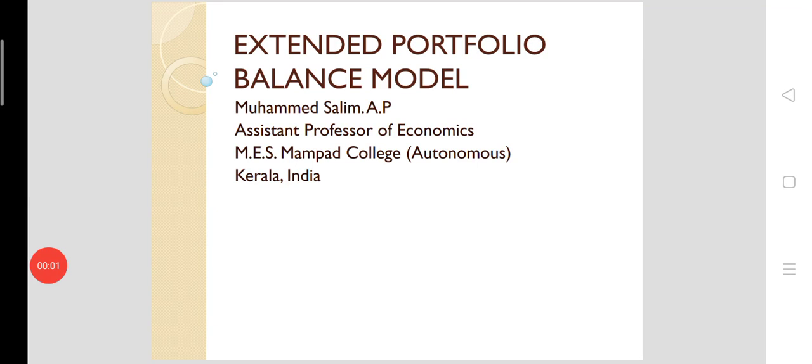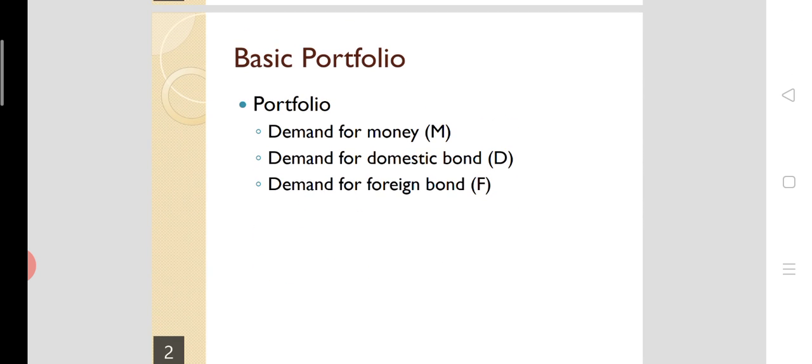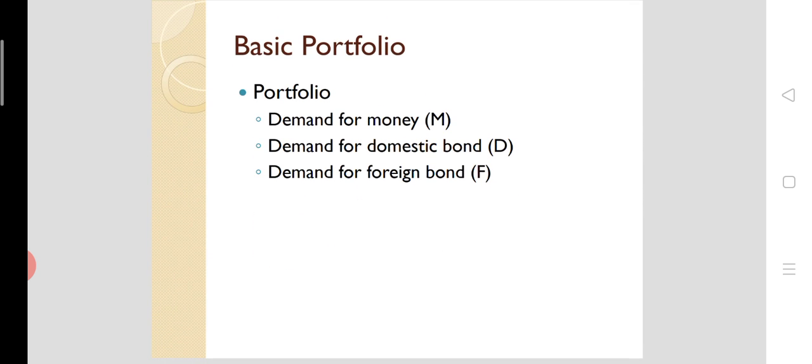Here we have the extended portfolio balance model applied to the exchange rates and the BOPs. This is an extension of the basic portfolio balance approach to the BOPs adjustment and exchange rate determination. So this is the basic portfolio. The individuals and the businesses are supposed to hold their portfolio in the form of money, domestic bond and foreign